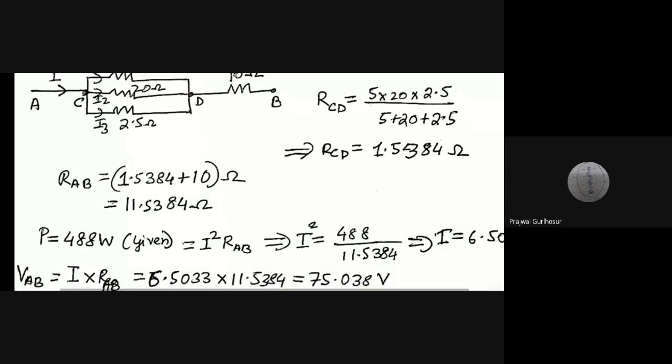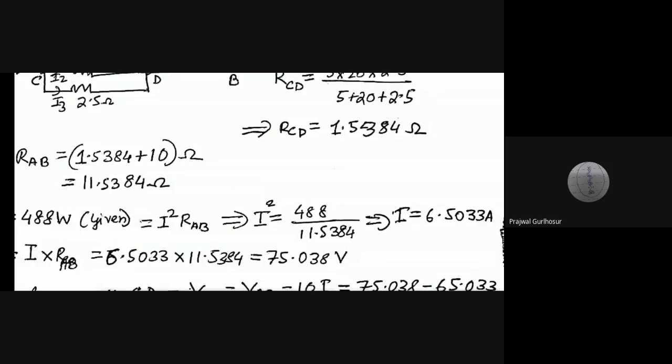Power is 488 divided by RAB, which is 11.5384. Just find that out. Then by taking the square root you get the value 6.5 something. So 6.5 is our I,